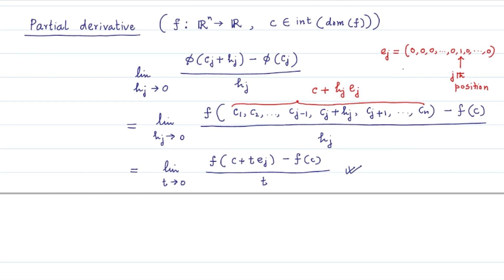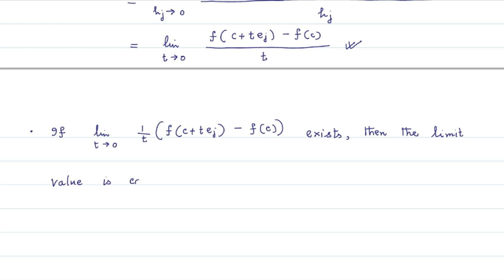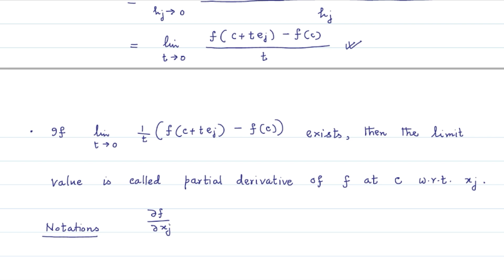So we write here that if the limit as t tends to 0 of 1 upon t into f of c plus t ej minus f of c exists, then the limit value is called the partial derivative of the function f at the point c with respect to the jth variable xj, and we denote this limit value commonly by